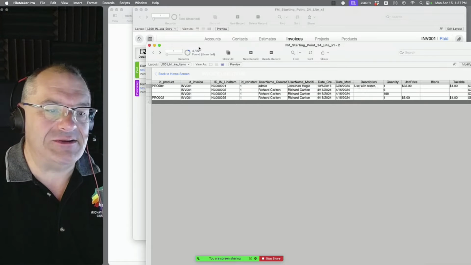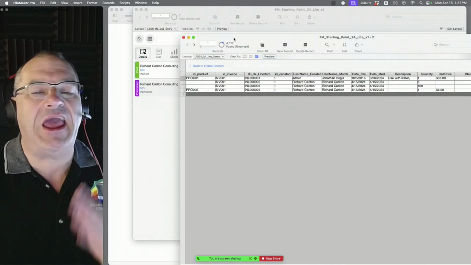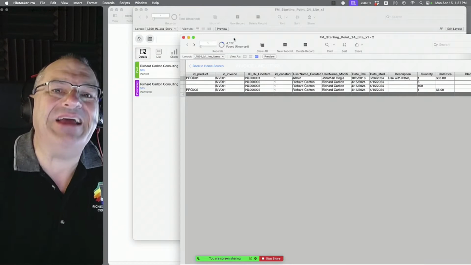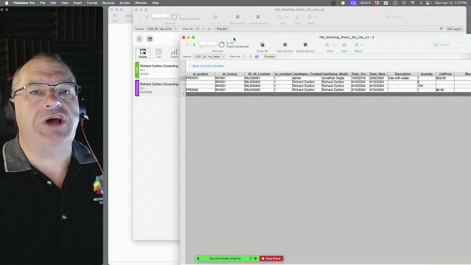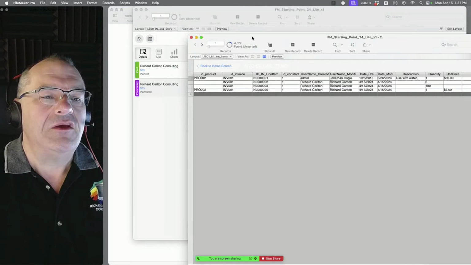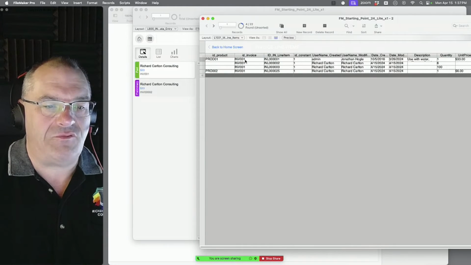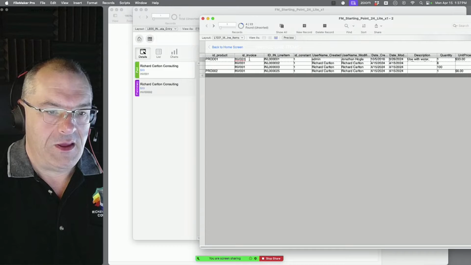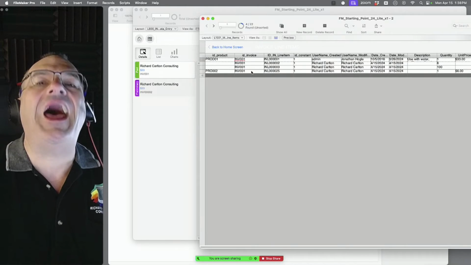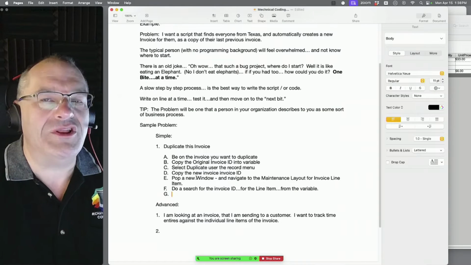The product ID doesn't matter. The idea is we want, so the specification for this, Stan calls you in a panic, he needs a duplicate of the invoice. The invoice has to be an identical copy. So we're not going to change anything else here. All we have to do is come up with a simple way of having Stan duplicate these. So if I start at the top one and I command duplicate it, or maybe we start at the bottom. That's what we do. We do it from the bottom. Stan, okay, let's do it. You'll love what I'm about to do here.